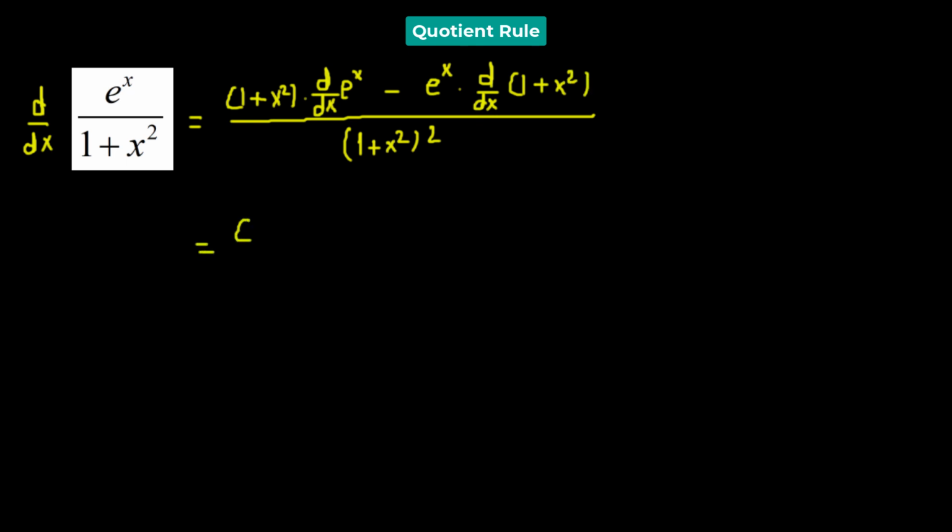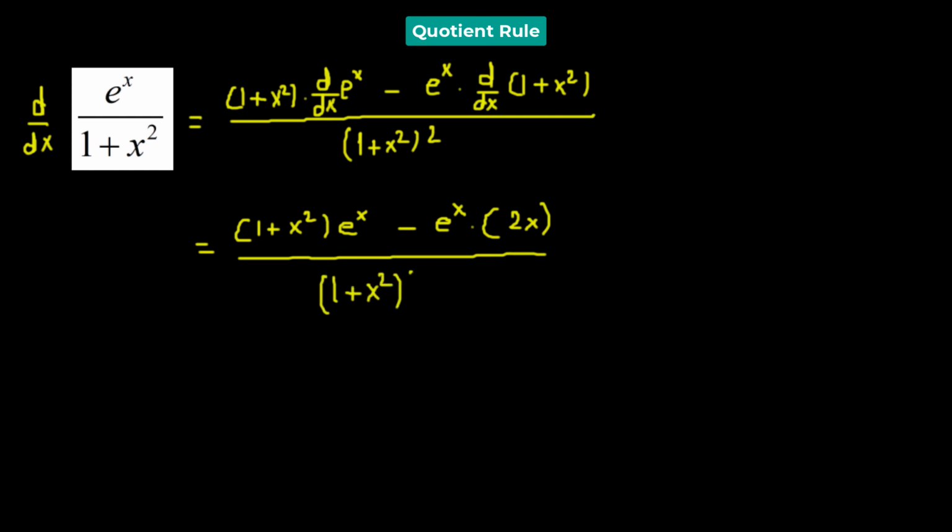which will be equals to 1 plus x squared multiplied to derivative of the exponential function will give us the function itself minus e raised to the power of x times, so we have derivative of 1, which will be 0, plus derivative of x squared, so that will be twice x, whole divided by 1 plus x squared whole squared. Now we're going to take e raised to the power of x as the common function. So we have 1 plus x squared minus 2x in the numerator divided by 1 plus x squared whole